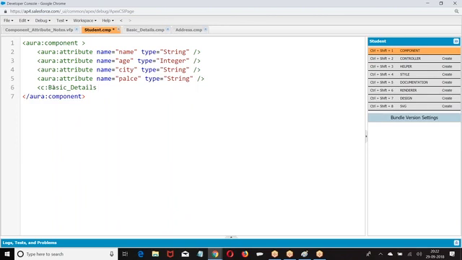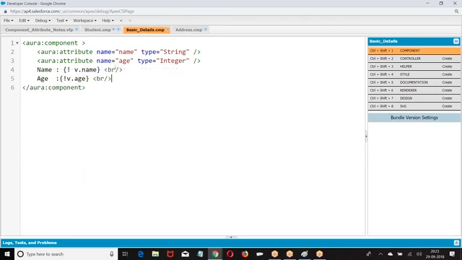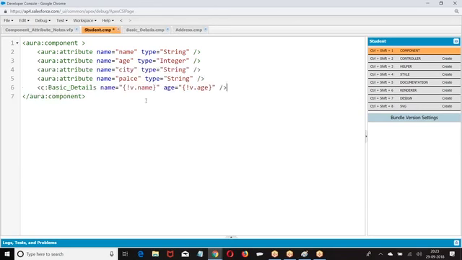So here what we have. Whatever name we got here, that we are passing as a name. Basic details has name and age as parameters.